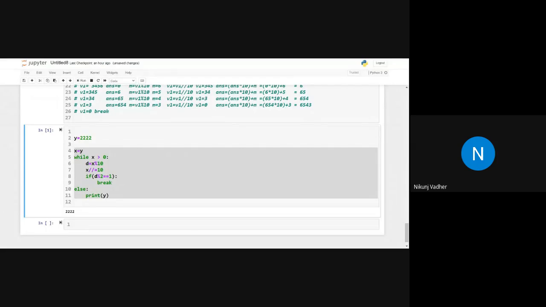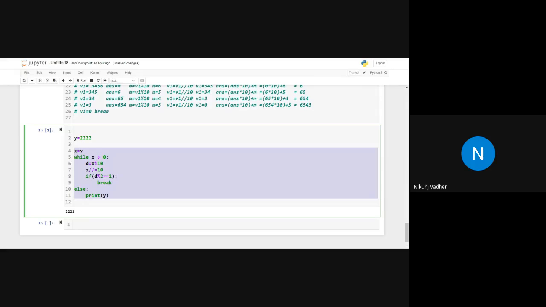Clear? Okay, Mohammed. Sir, if we take an odd number, it will directly terminate the loop. Yes, then it will terminate the loop.